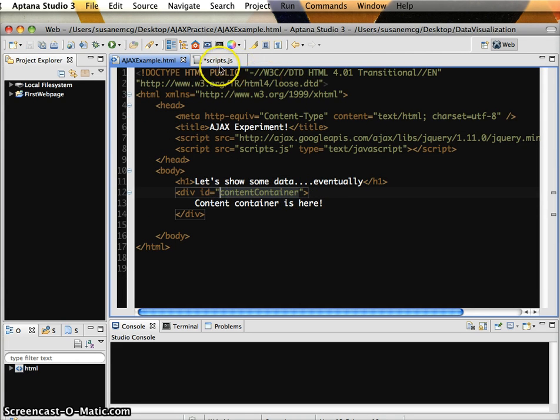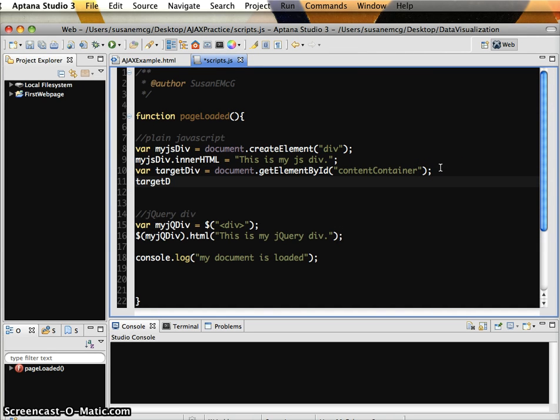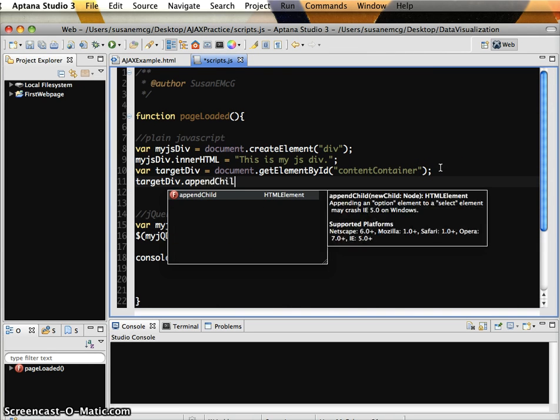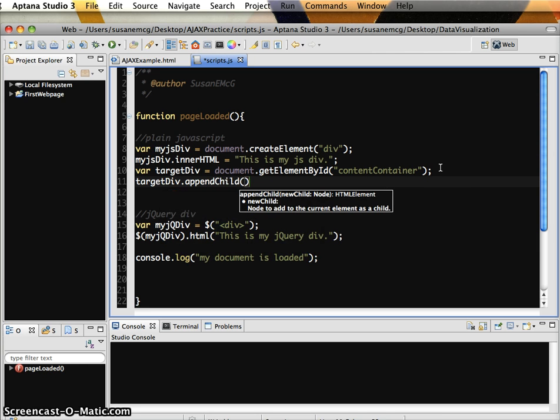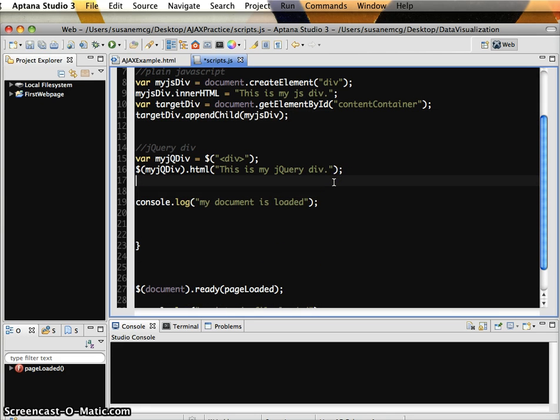So again, it gives us a way to grab individually onto a div. And then I would say target div dot append child. There's this parent-child notion that we have. Basically, if it's inside, it's a child. If I'm inside something, then it's my parent. Append child, and then we say my JS div. Okay. Now, if I want to do the same thing in jQuery, then I would just say,